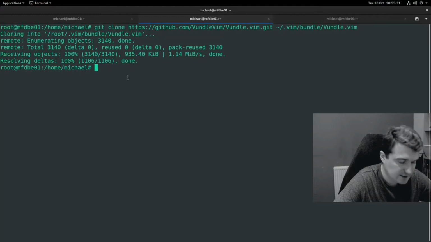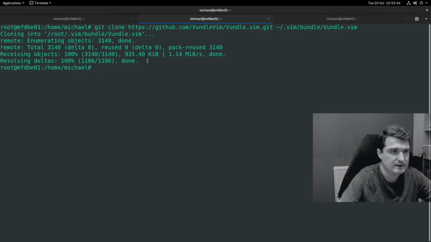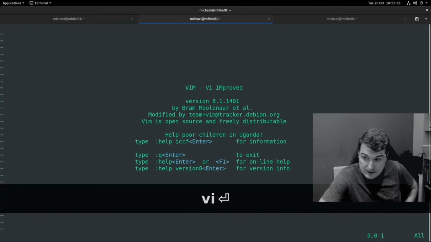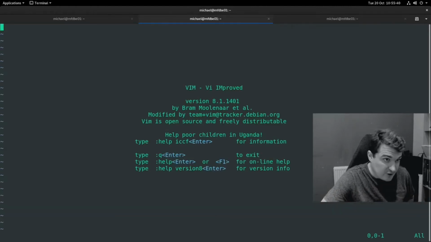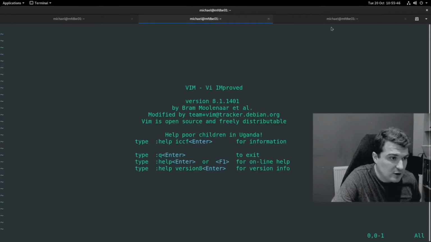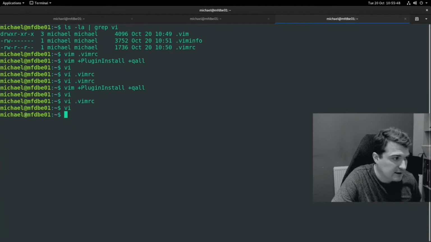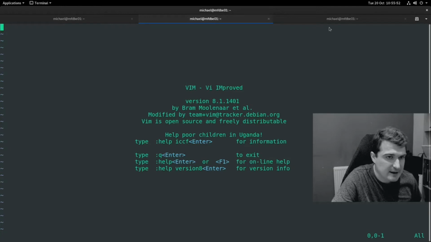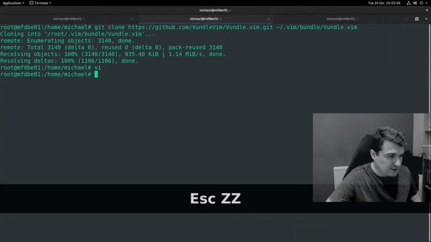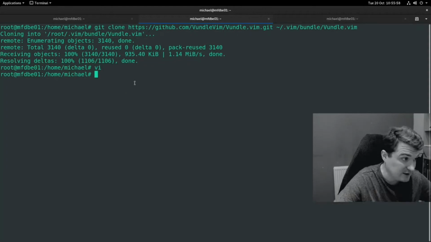You've got a couple of choices here. We can either repeat that as root. If I do vi as root now, I'm not going to have that. So what we can do is we can either repeat that process, or we could run a link to link the software from the user account to the root account. So what I think I'm actually going to do,